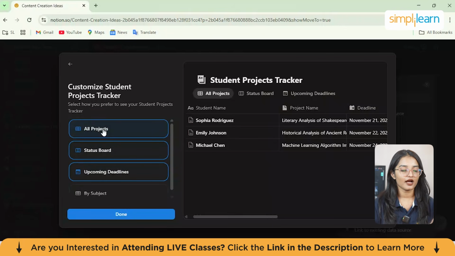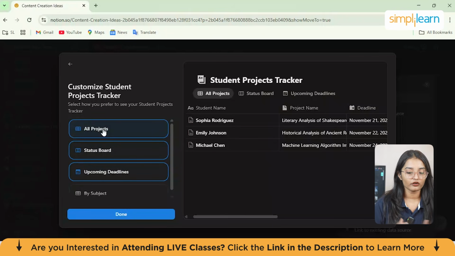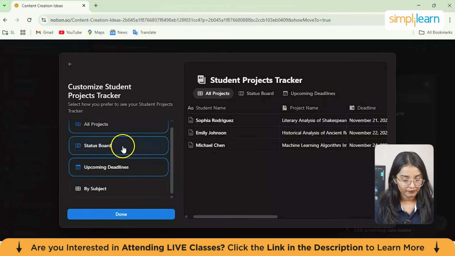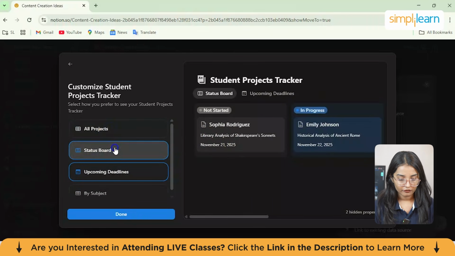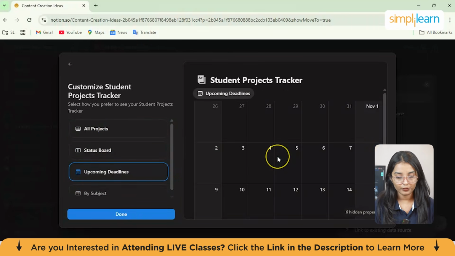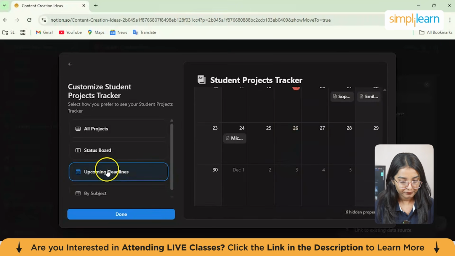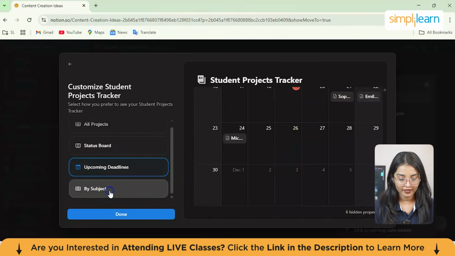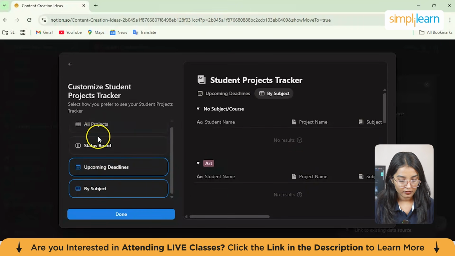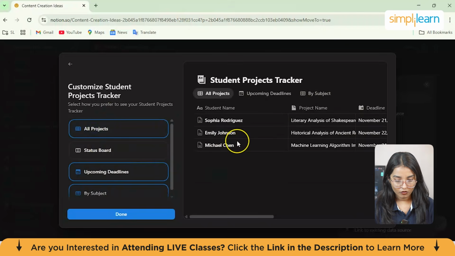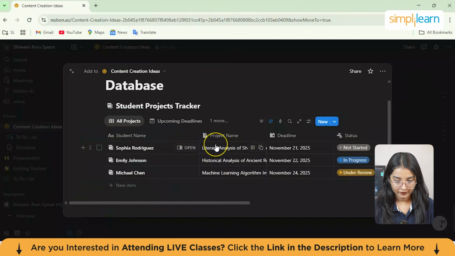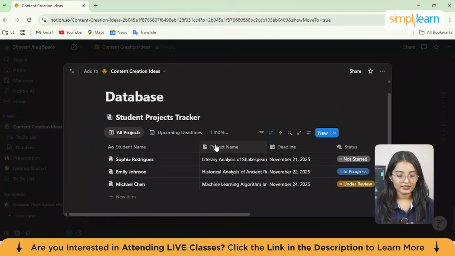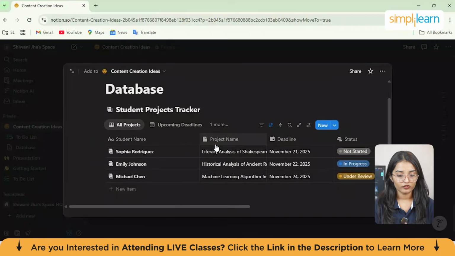You want it as all projects, status board, or upcoming deadlines by subject. You can also click on status board, calendar, upcoming deadlines, or by subject. So let's keep it as all projects and I'll just mark it as done. Yeah. So this is my database created for students project tracker.